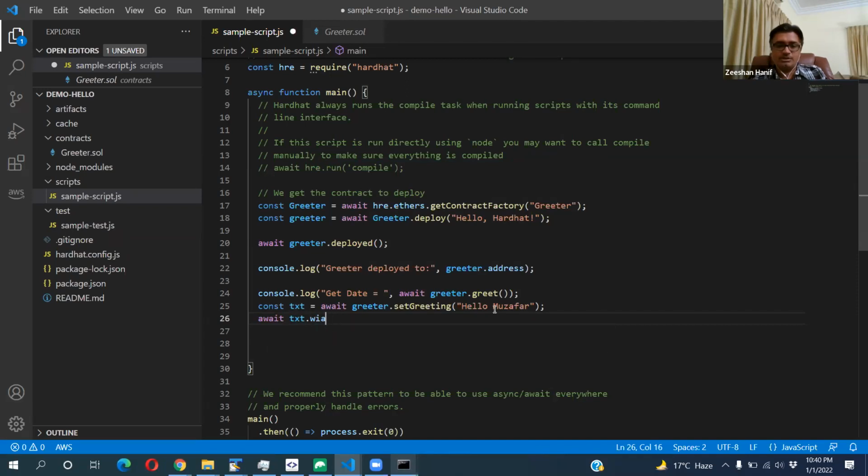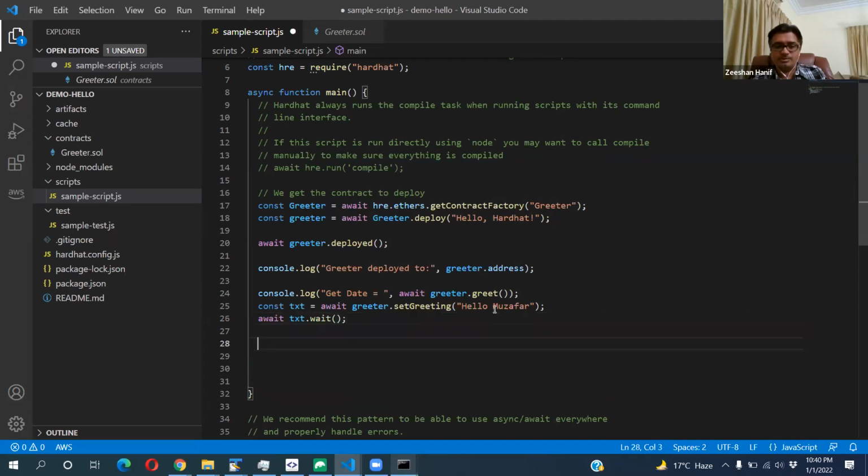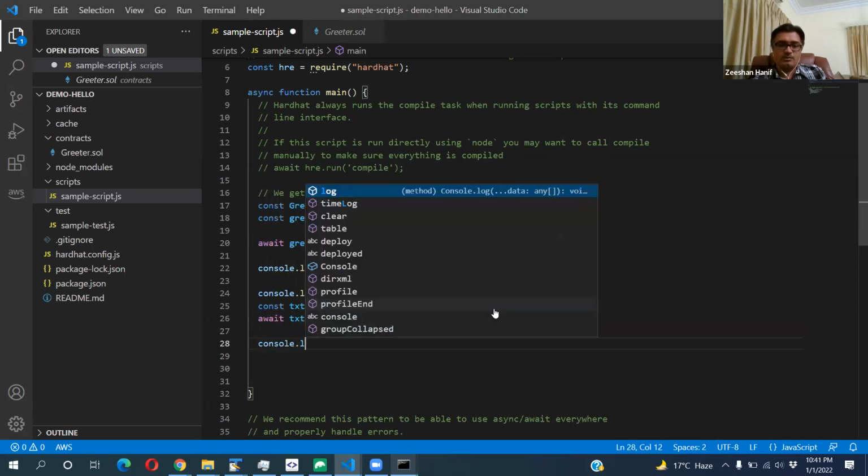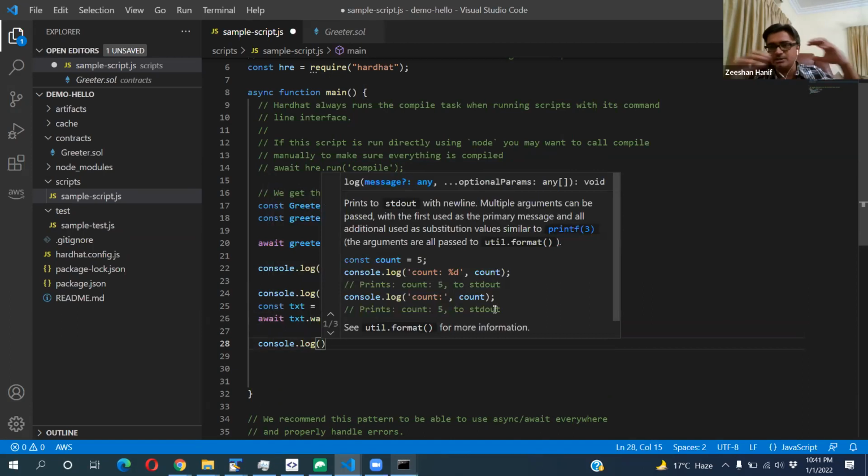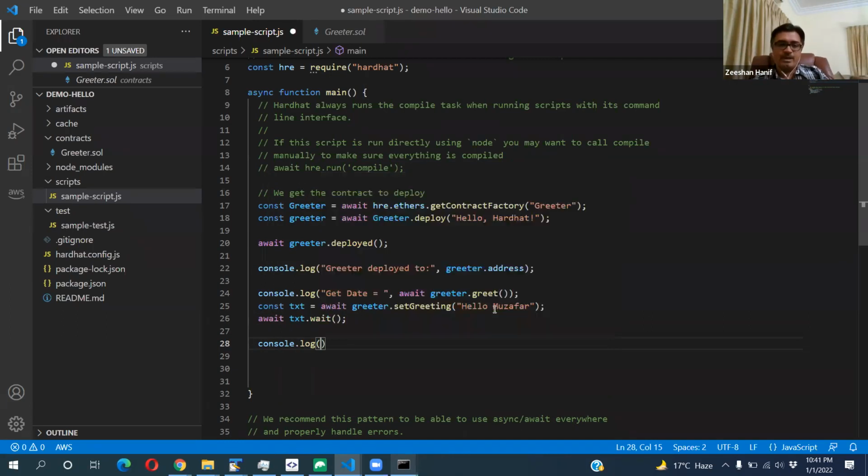I'll explain all those things once we go into more detail. At this moment I'm just trying to show you what is happening. Today's class is just to get hands-on with Hardhat so that we can run everything, and then we'll go deep into the detail of everything. Now I'll call the greeter again.